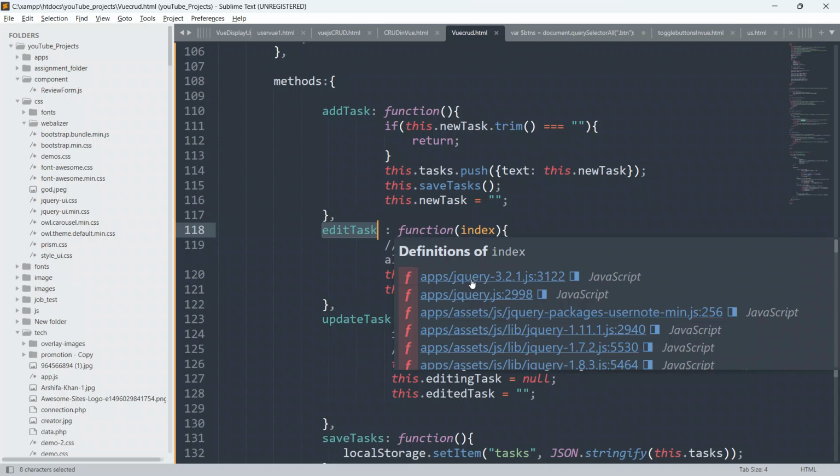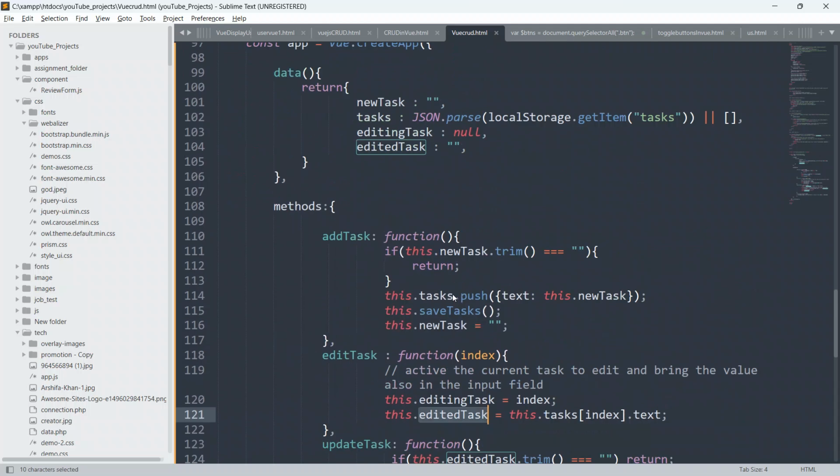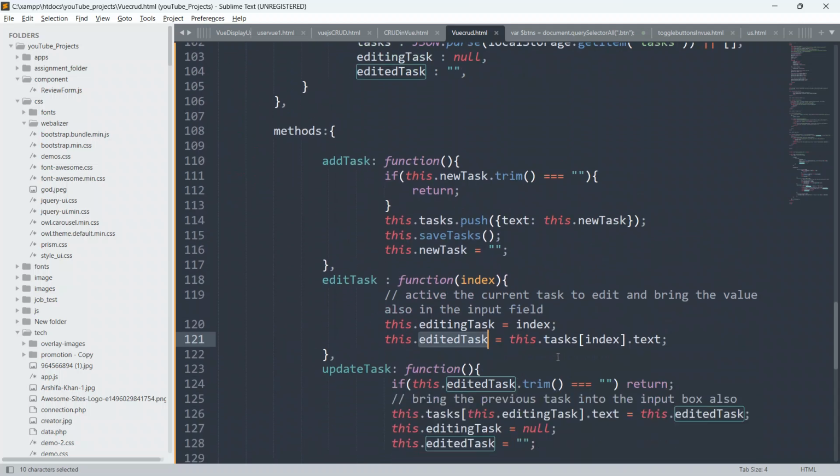So this.editingTask equal to index. Okay, and this.editedTask equal to this.tasks, and we will pass the key as index and .text.